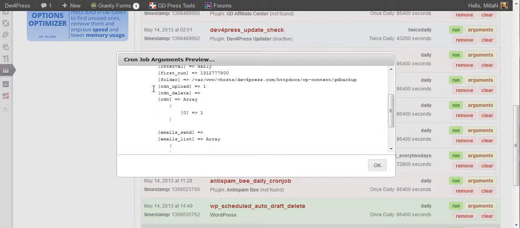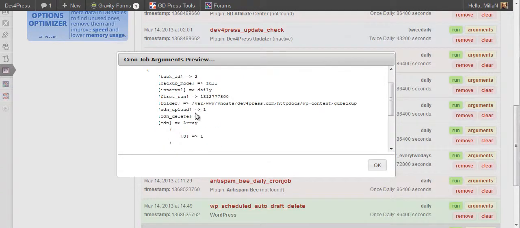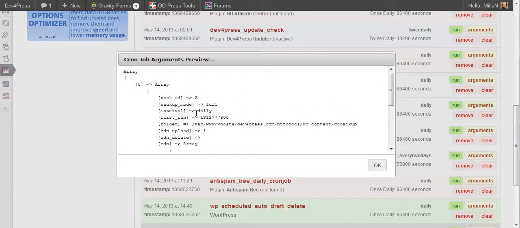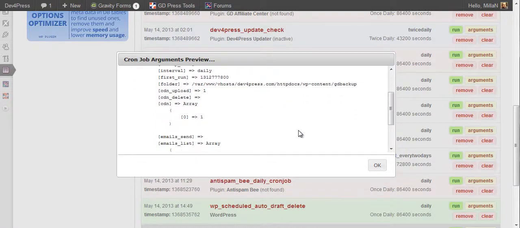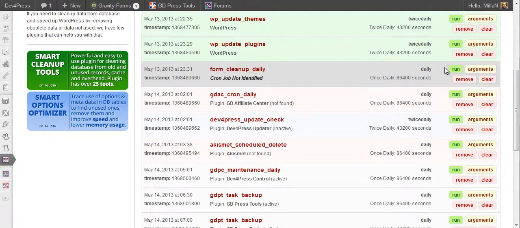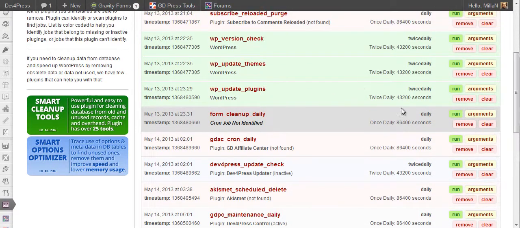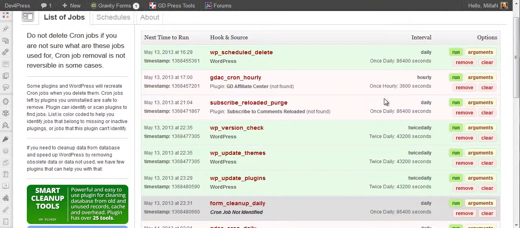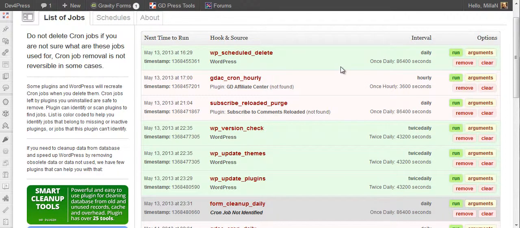So this is the object or array with parameters used for this job. You can also run any job you want by clicking this run button. In some cases this will cause the job to be rescheduled based on the schedule interval.